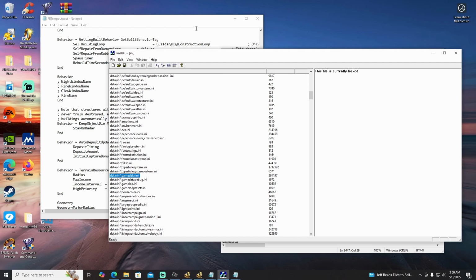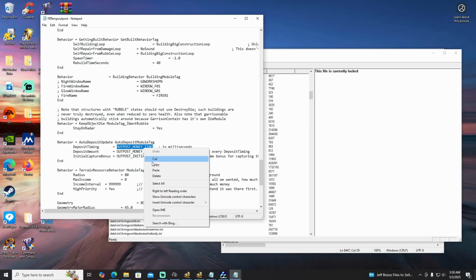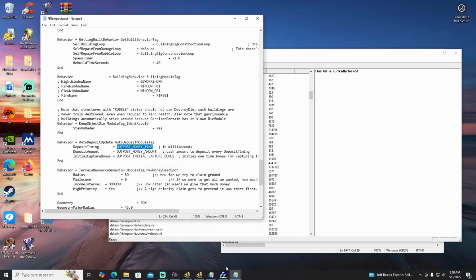And, as you can see here, you can also change outpost money time. So, the ticker, how many seconds it takes to get to the next